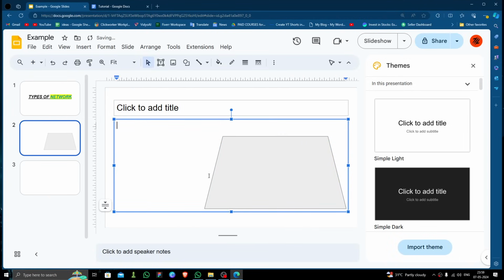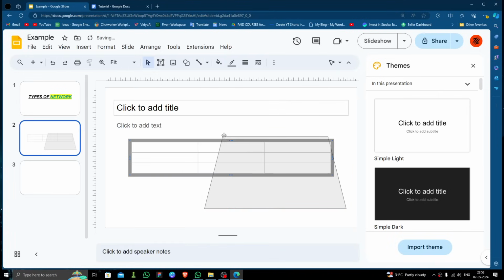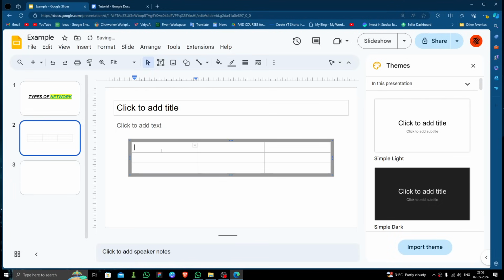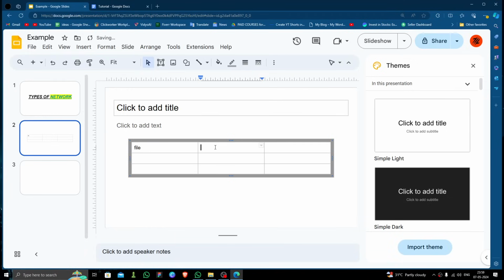To explain this you can just write it here, and if you go into the insert again, you can also insert a table. For example, I'm inserting a table of 3 by 3. So here you can see the table. I am erasing this here, so the table is here. You can also edit the table, like I'm writing file. Then here we can do size and date. We can create like this,